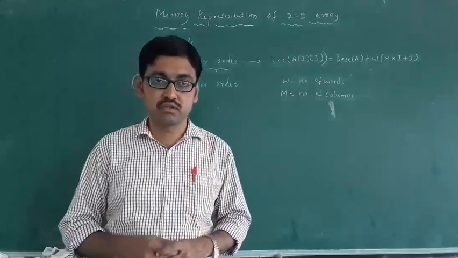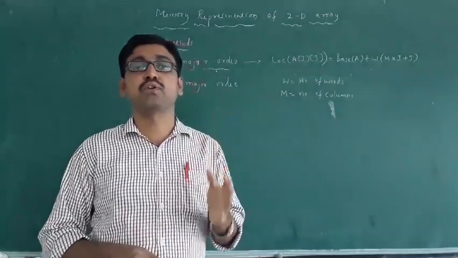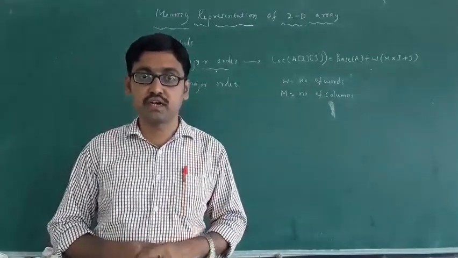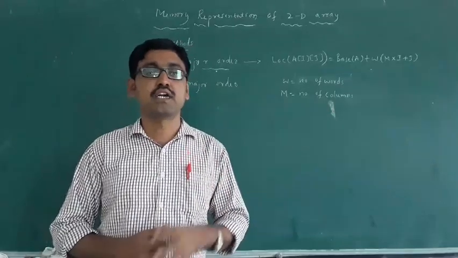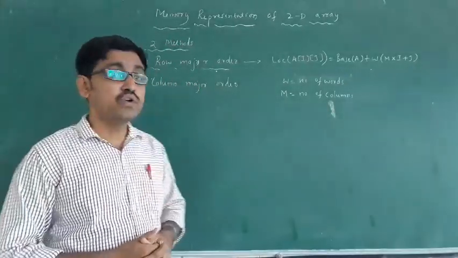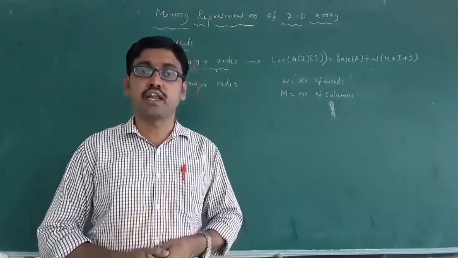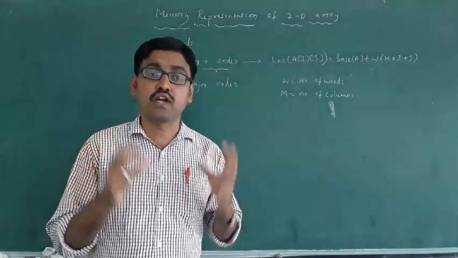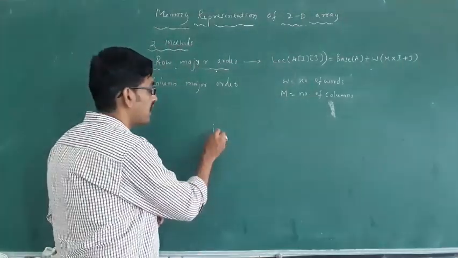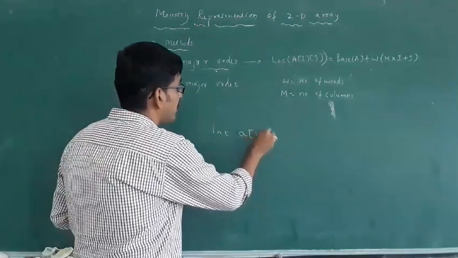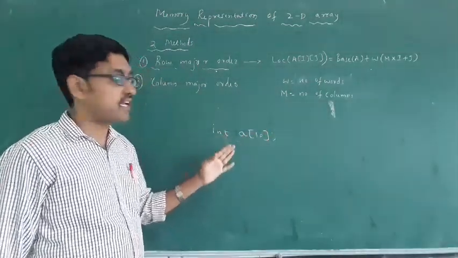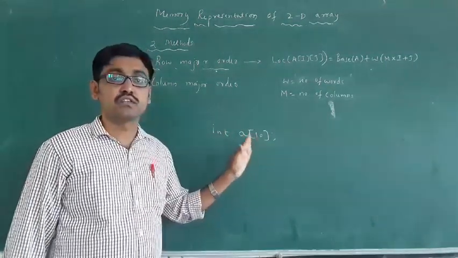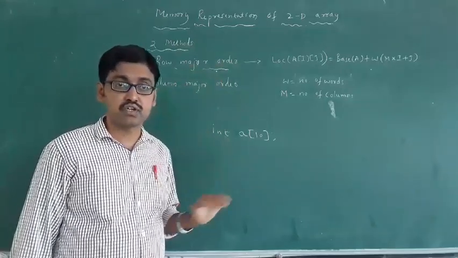Last class we discussed the operations on a non-primitive data structure, that is, operations on an array. There are five operations we have already discussed. Today we discuss the 2D array. You already know, array means what? It is a collection of elements which is used to store a group of data. For example, this is one array, int a of 10. How many data can you store in this? 10 elements. Up to 10 elements you can store in this array. This is called an array.